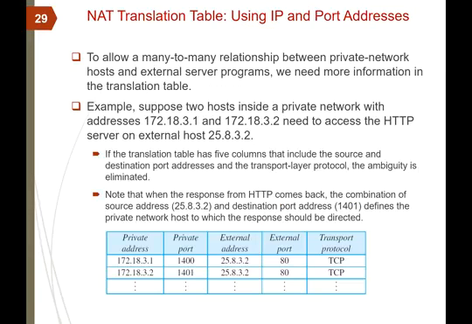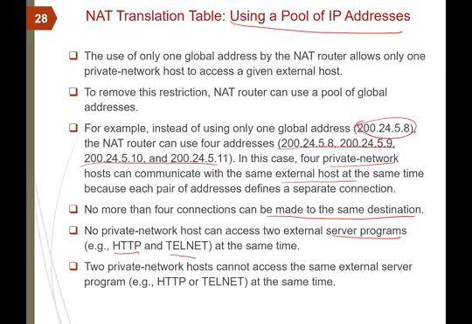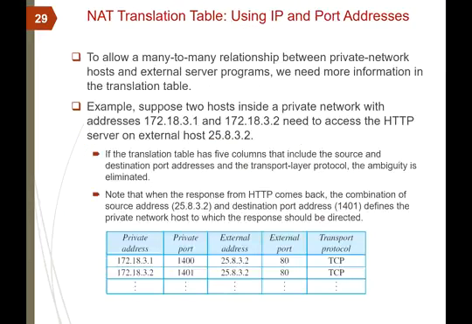This is with the pool of IP addresses. The other way is to use IP and port addresses. This is the most widely used way of NAT. This is more flexible, and you don't have ambiguity. To allow a many-to-many relationship between private hosts and external